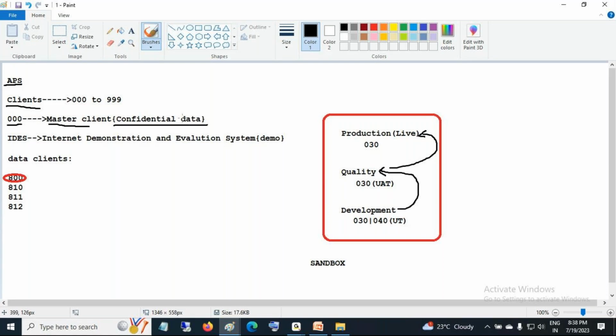All these things are taken care of by the administrators, the Basis consultants. So you don't need to worry about any client, username, password, or authorizations. And what we're using here is the IDES version. IDES is nothing but Internet Demonstration and Evaluation System. This is a demo version for learners. As a learner, SAP has provided this demo version for learning purposes. Because when you work in real time, the real time